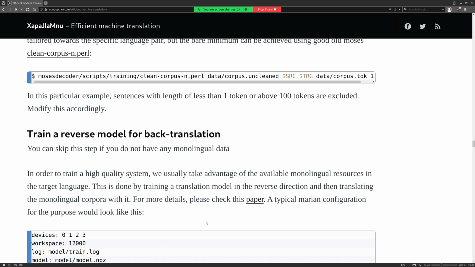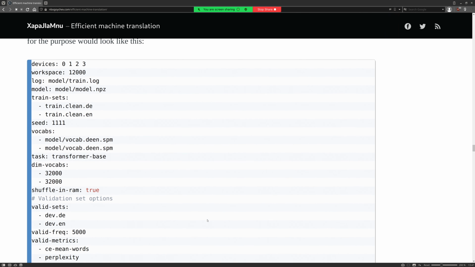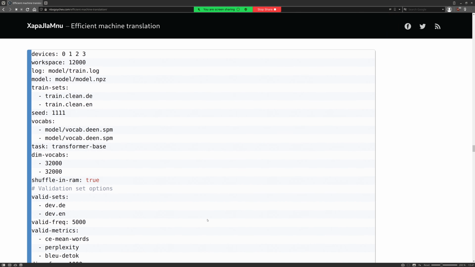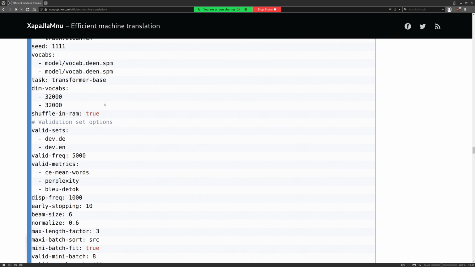The back translation system needs to be good quality, but it doesn't need to be excellent quality. So I have provided here a configuration file that you would want to use for training a back translation system. I'm assuming input is German and output is English. The important part to take from this configuration is